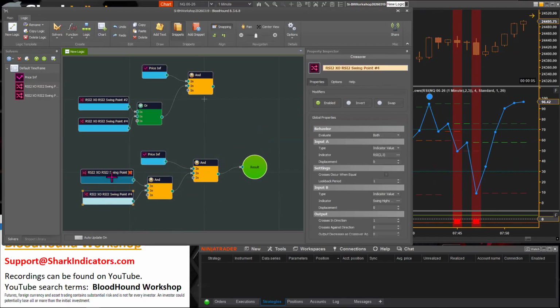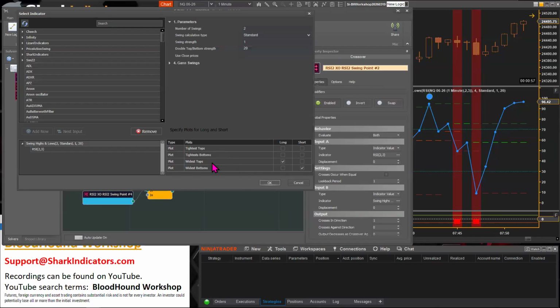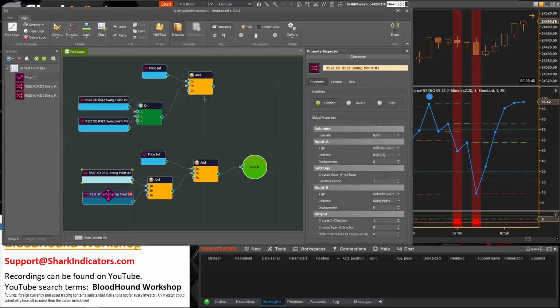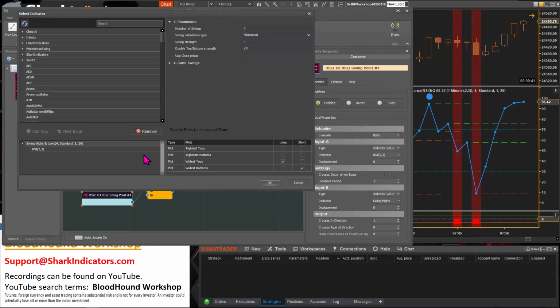Okay. So you would have one crossover node. Again, I don't know what the plots are in that smart breakpoints indicator, or if it even has plots, but you would select the most recent plots, whatever it says, and then in the other slot here, going back to the indicator, you would select a different set of swing lines coming from that smart breakpoints indicator.